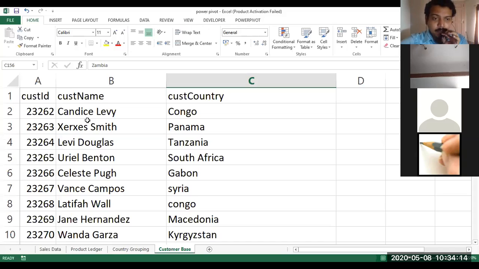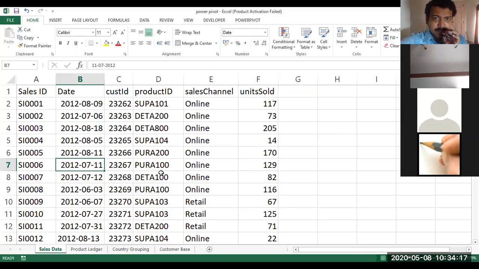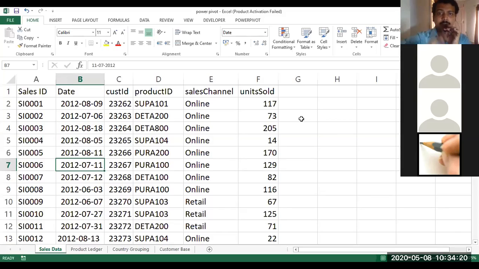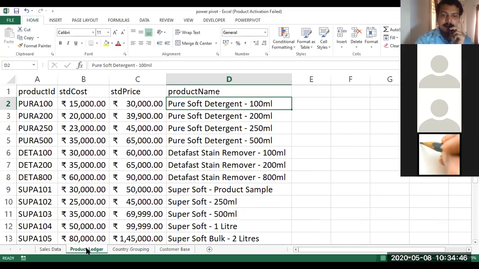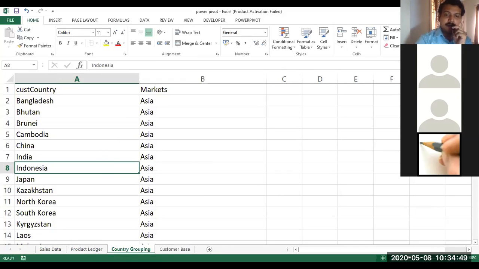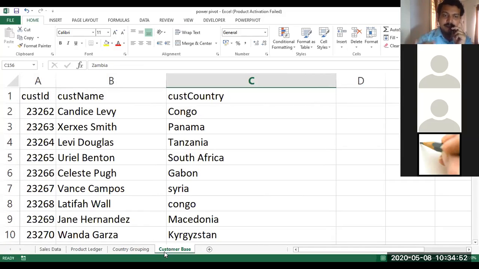So what's the difference? On day 1, you used a table which was literally big, with a couple of columns. The columns went up to column U. It means your table is going to be very complicated. In data analysis and data management, they don't store data in a huge number of columns. They simplify the table: sales transactions in one table, product details in another, country and geographical details in one table, and customer details in another. So we have 4 tables: the sales transaction table, product table, country table, and customer table.